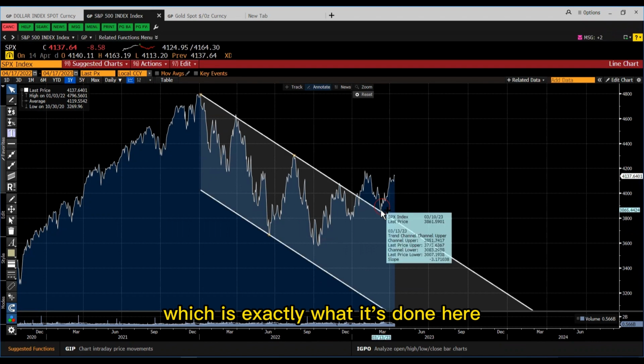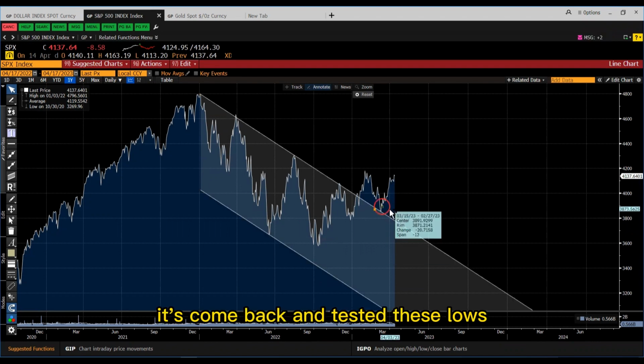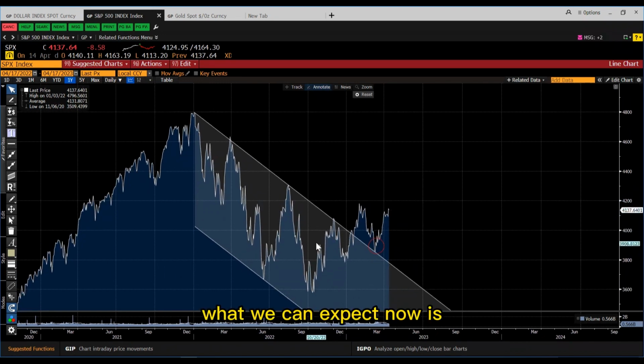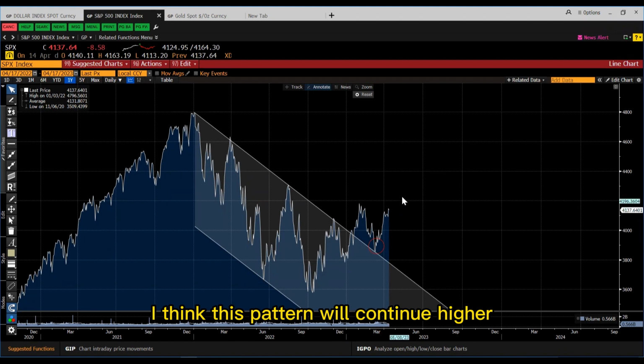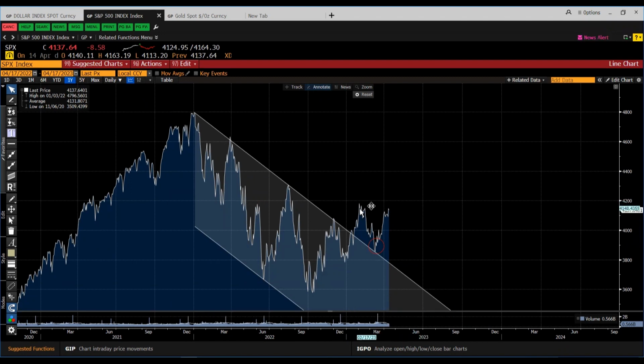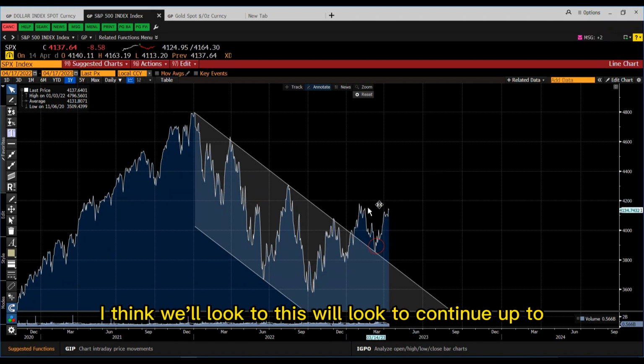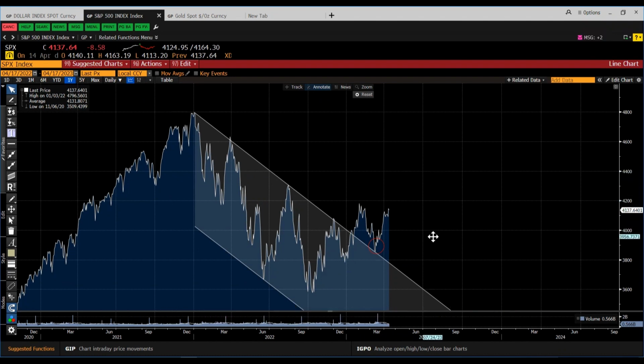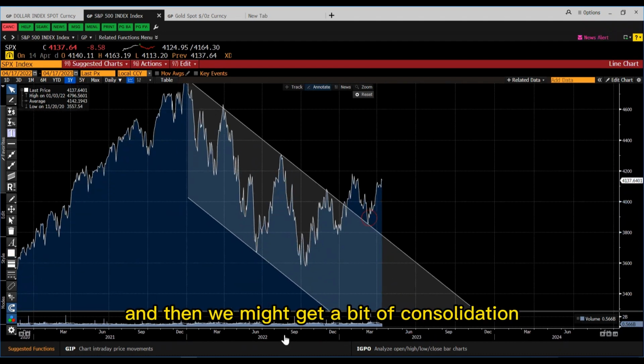In this case, this trend resistance up here, which is exactly what it's done here. It's come back and tested these lows, and it's held up nicely. So what we can expect now is, I think this pattern will continue higher. I think this will look to continue up to 4,300, somewhere like that, and then we might get a bit of consolidation